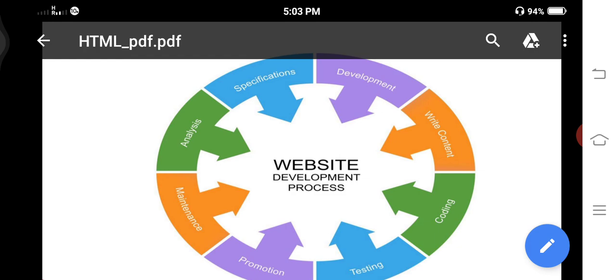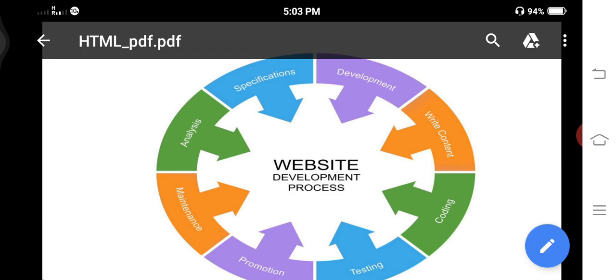Maintenance: add user reports and then fix errors ASAP. And enhancement: if you want to change to new software for the entire system, the entire web page, then you will go for enhancement. So these are the things in the oval shapes, all 8 oval shapes.